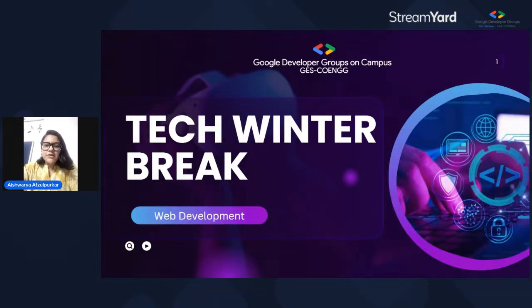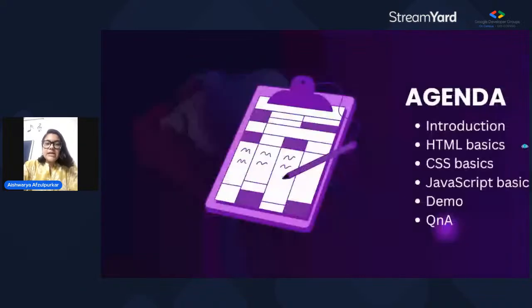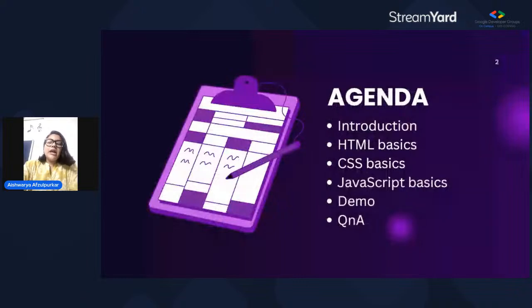My name is Aishwarya Avzalpurkar, and I am here to kick off your exciting month long campaign, Tech Winter Break. Forget the typical winter break lull. This is your chance to supercharge your skills and climb the ranks in the world of Google. We are in for a month of learning, problem solving, and pushing our boundaries. Today's agenda is the HTML basics, CSS basics, and JavaScript basics with a live demo from scratch by our speaker